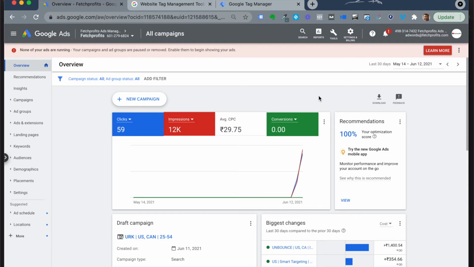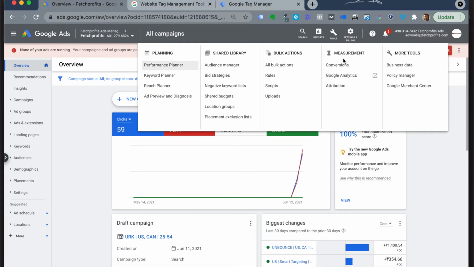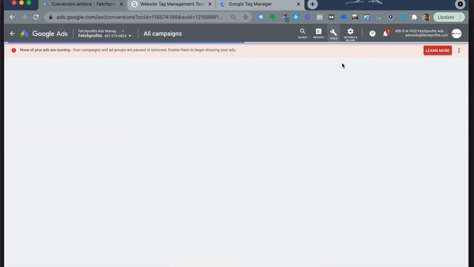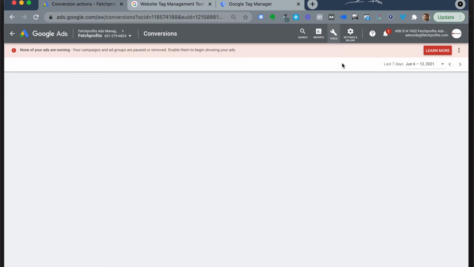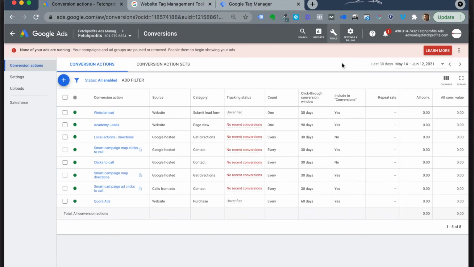To set up your Google Ads conversion tracking, on the top right corner, click on Tools, and in the Measurement column, there is a tab called Conversions. So click on Conversions and you'll be able to set up various conversions. Please do remember that conversions could mean different things depending on the campaigns you're running. If you're running a lead generation campaign, a conversion could be a lead. If you're running a sales oriented campaign, a conversion could be a sale. You could also have conversions such as clicks on your website, or if somebody watches a video on your website, or several other conversion types that exist.